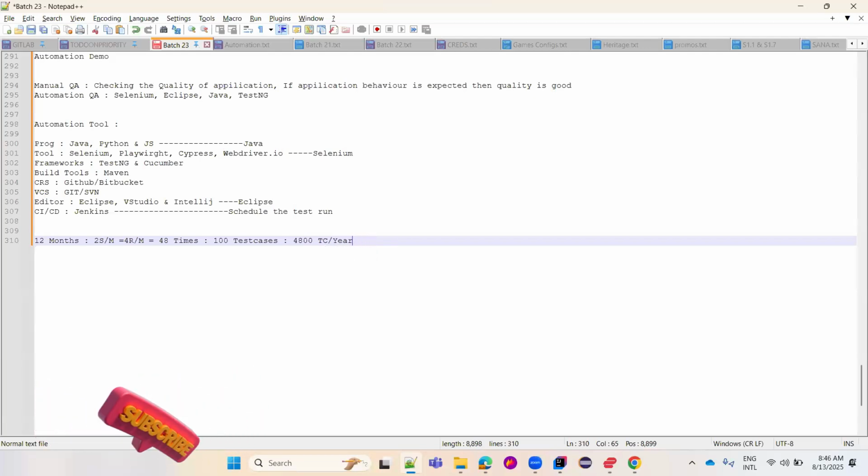Is it or not, guys? Yes, it's tedious. It's repetitive, right? So for example, if I want to execute these 100 test cases manually for one repetition,